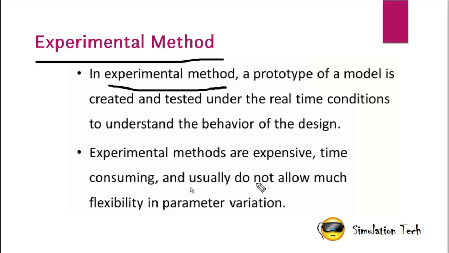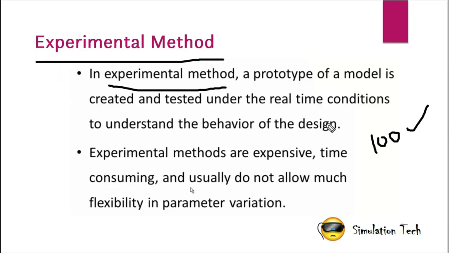One super advantage of this method is that the result has 100% accuracy. See, the result has 100% accuracy. Why is the result 100% accurate? How is it possible? The analytical method also has 100% accuracy, but not for all problems, only for a few problems which have definite formulas, right? But why is the experimental method so special? If we manufacture a product and we have to test it, we have to do some experiments and take the calculations. After that, we calculate the result, right?